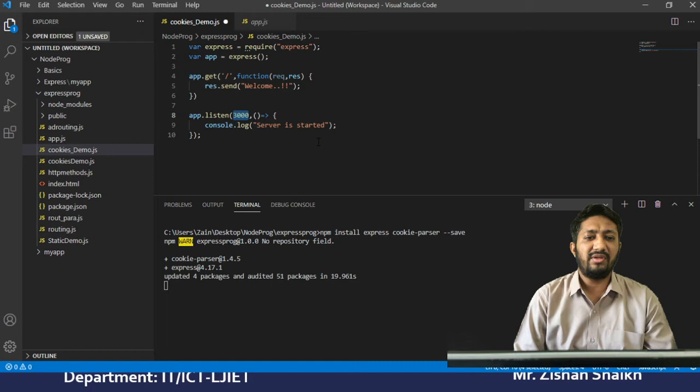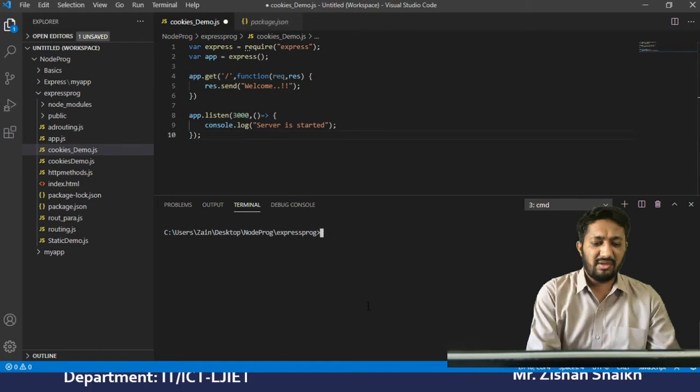Let's first check whether this code is working or not. I am clearing the screen, then using nodemon with cookies_demo.js. Let's see. Yes, it has started, and I am checking it at http://localhost:3000. Okay, you are not getting it. Okay, server can't